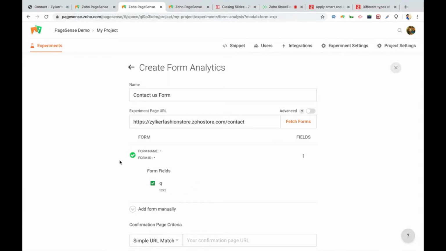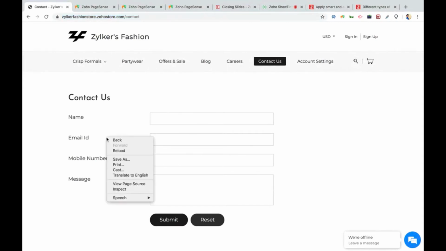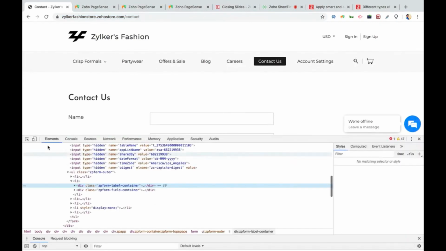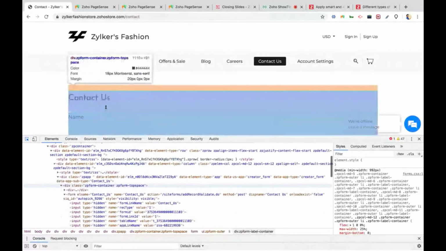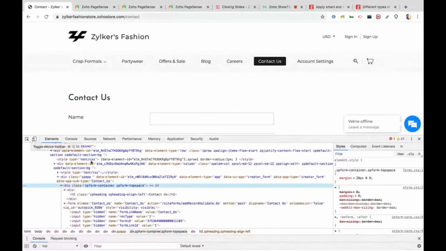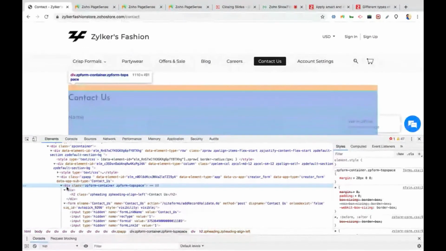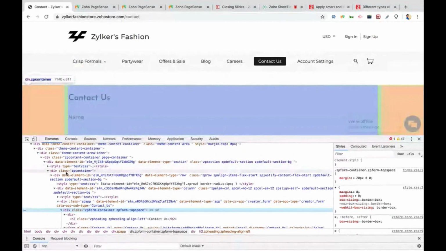I'm just going to show you what has happened here, so that you can understand. When I gave fetch forms, I got some form fields which say queue. It's pretty easy to decipher. So this is a form I wanted to target, and I'm just going to inspect it and see what the form name is. Please note that if you are a non-technical person or not from a technical background, this is not going to be a big deal, so please do not panic here. You could either get help from your developer to know the form's name, or you could inspect and find out the form's name easily.